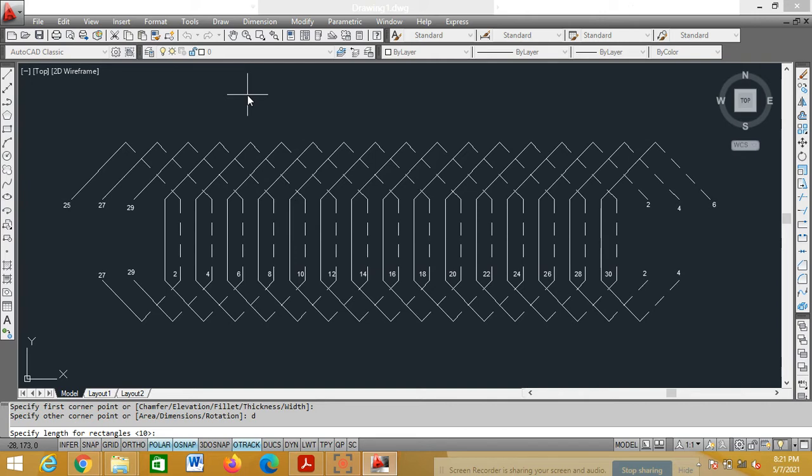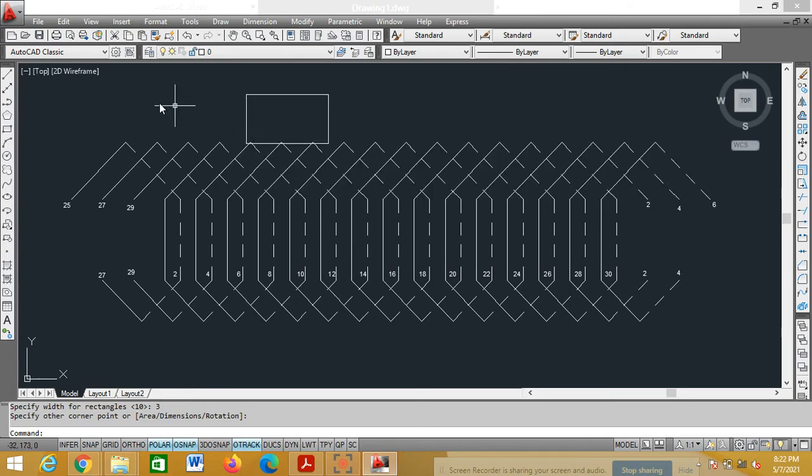Length is how much? 0.7 tau, 5.25, enter. See the command toolbar. 5.25 I typed, enter. What is the width it is asking? I should enter 3. 3, enter. See, now I've got a rectangle of 5.25 by 3. Okay, this is my rectangle.